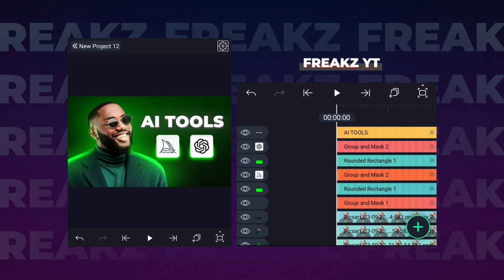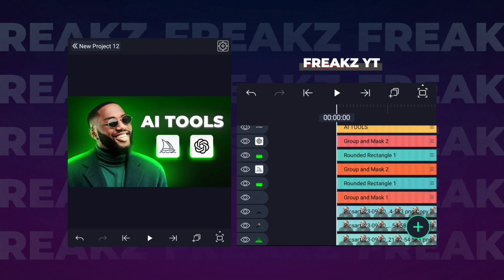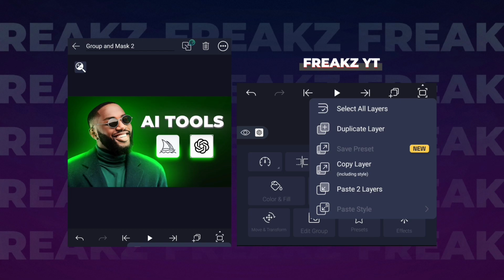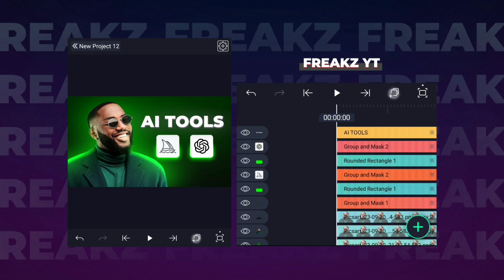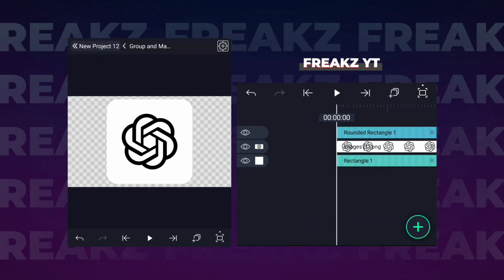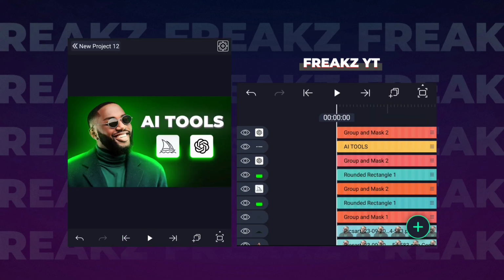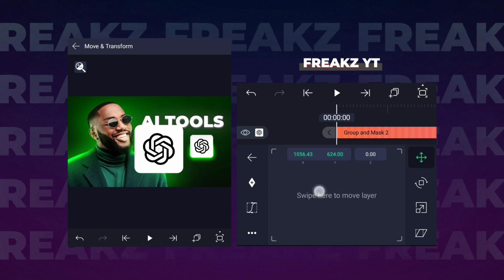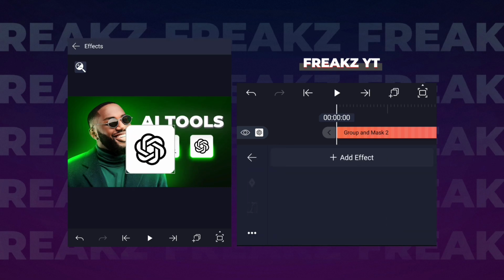For a 3D effect I'm going to use the logo as the main attraction. So I'm just copying the logo. I'm copying the ChatGPT one and I'll paste it above it. I'll increase the size, and then we will add two effects, starting with direction blur.